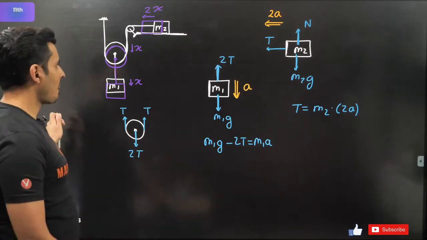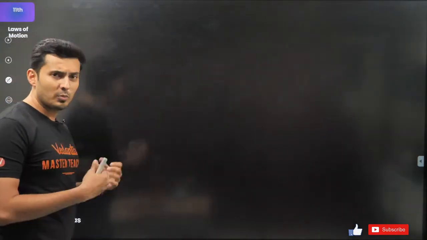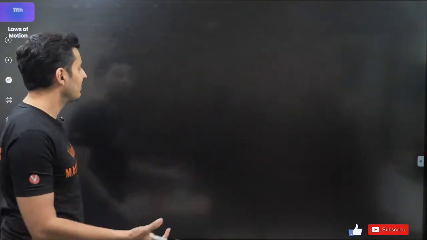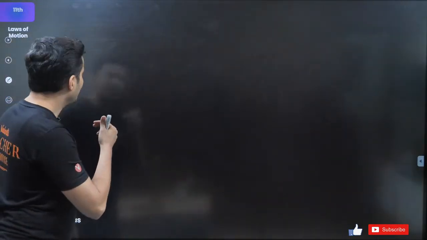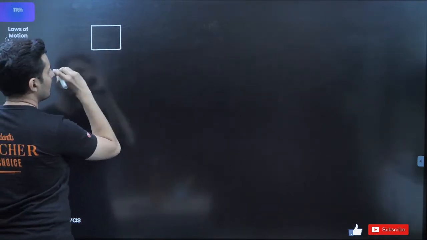Okay, great. Now you can have such multiple systems, pulley systems, and easily you can find the acceleration. Maybe I have a question like this. Imagine there is a block